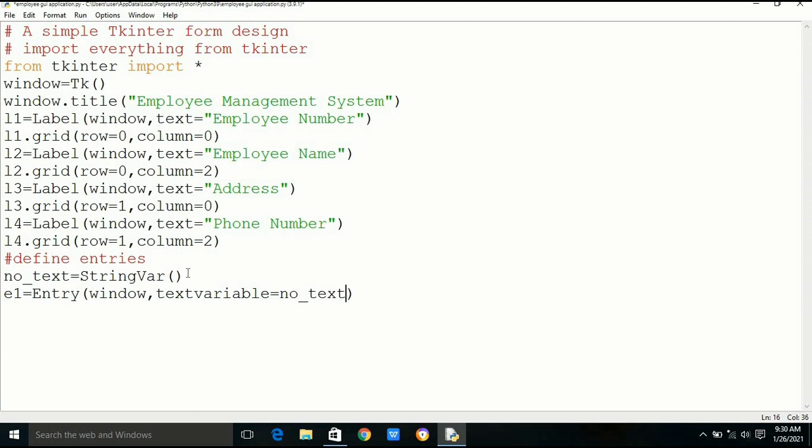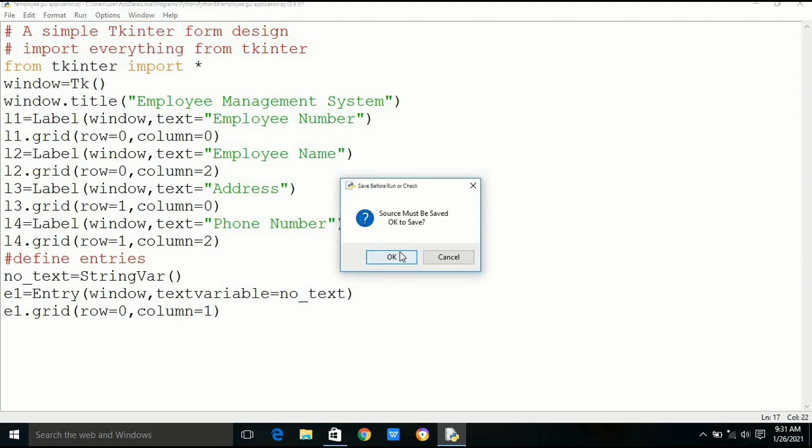Just beside the first label we want to put the first text box and so on. We can see the result if we run the program. As you can see, 4 labels are there and 1 text box is there.